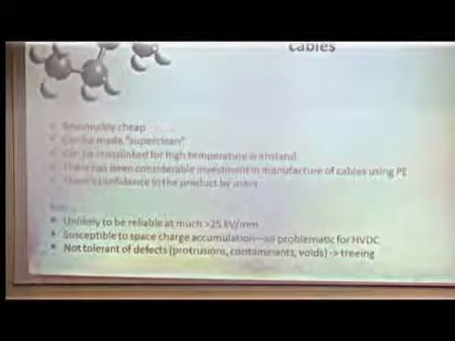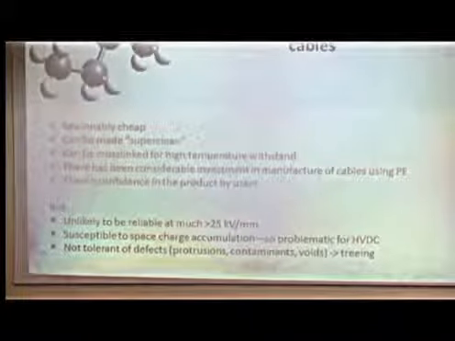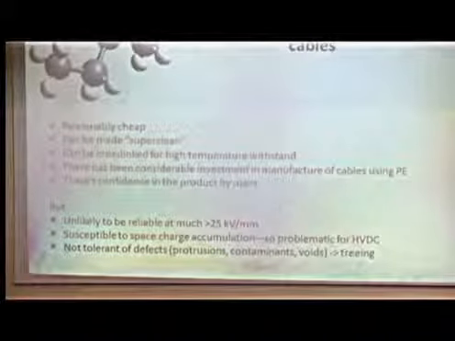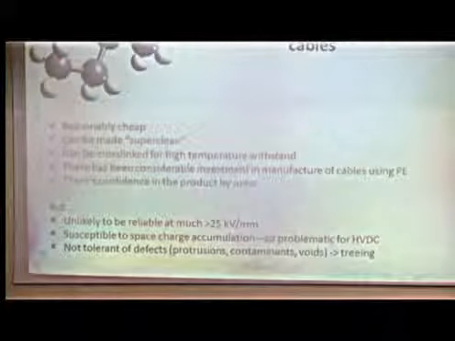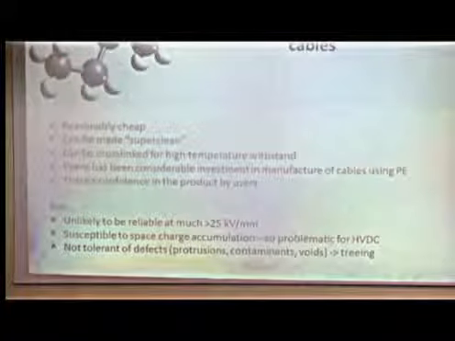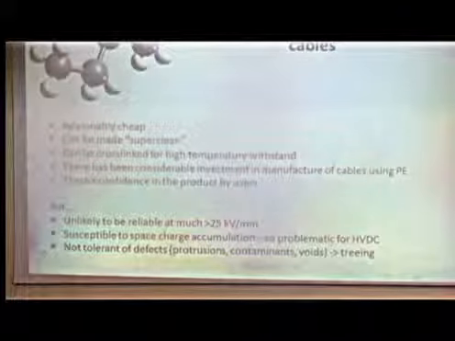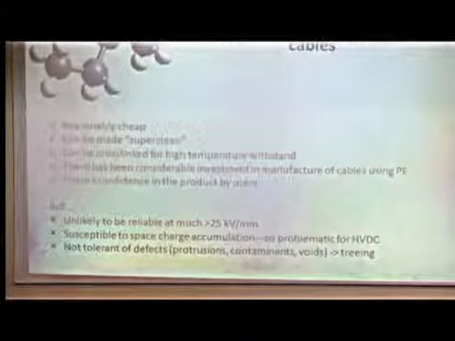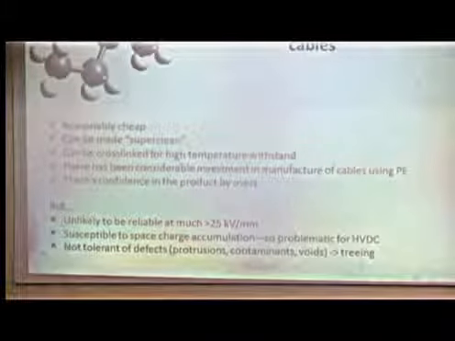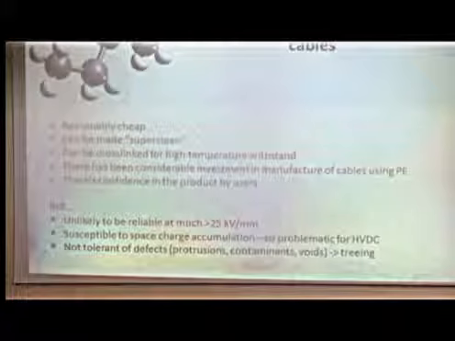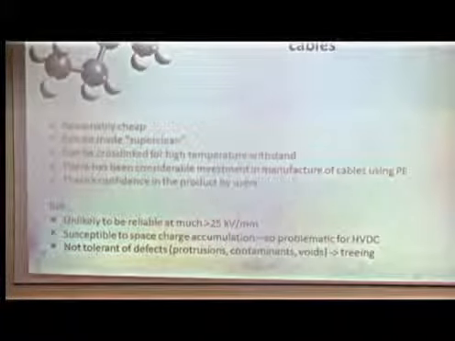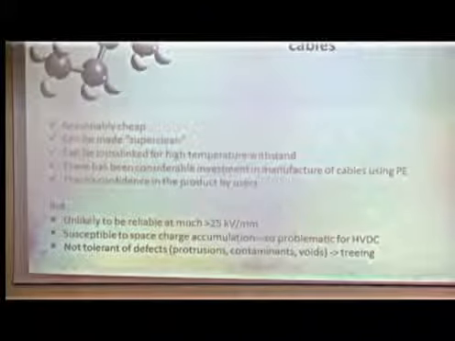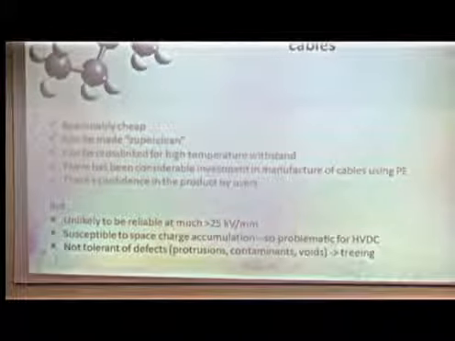And it's not very tolerant of defects. So if we have any protrusions from the electrodes into the insulating material, then it's relatively easy for electrical trees to grow. Or if there are contaminants in the polyethylene, again we could get field divergence, and pretty well any contaminant in polyethylene is going to be more conductive or have a higher permittivity, and therefore give us an enhancement of electric field. And also voids that may occur in the polyethylene will also quickly initiate discharges which lead to electrical trees.